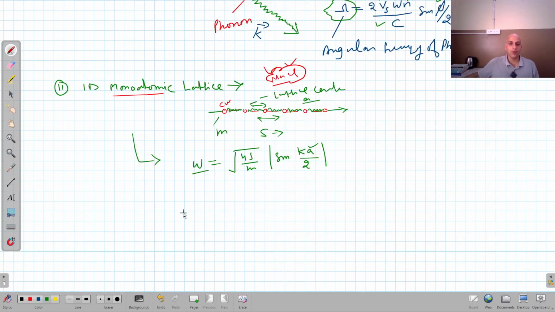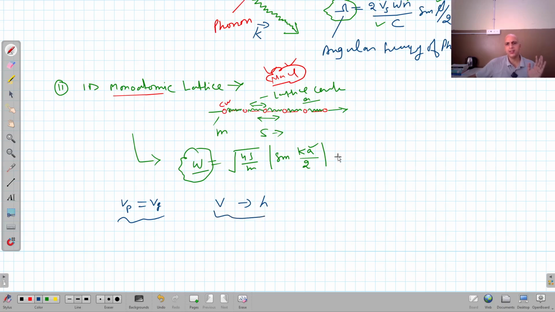Now this relation is called a dispersion relation, right? It can be further studied. We can check what the condition is for dispersion to take place. We know very well dispersion takes place when phase velocity is not equal to group velocity, and the other thing is that the velocity of the wave in a medium is dependent on its wavelength. We can say like that. So when the velocity of the wave, whether it is phase velocity or group velocity, depends upon the wavelength, then that medium is a dispersive medium, right?